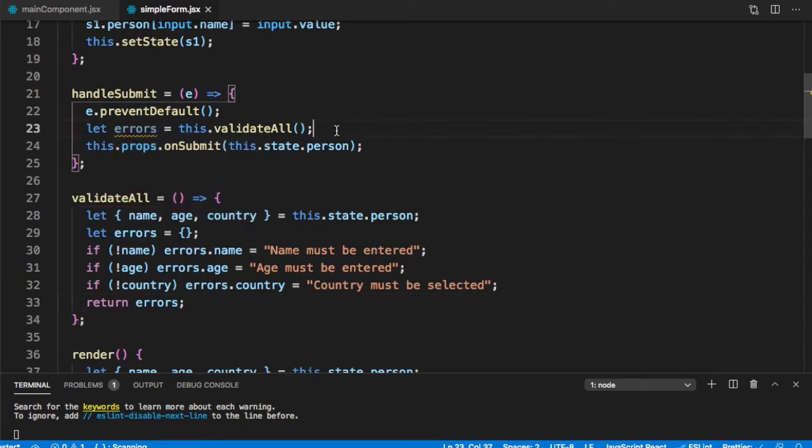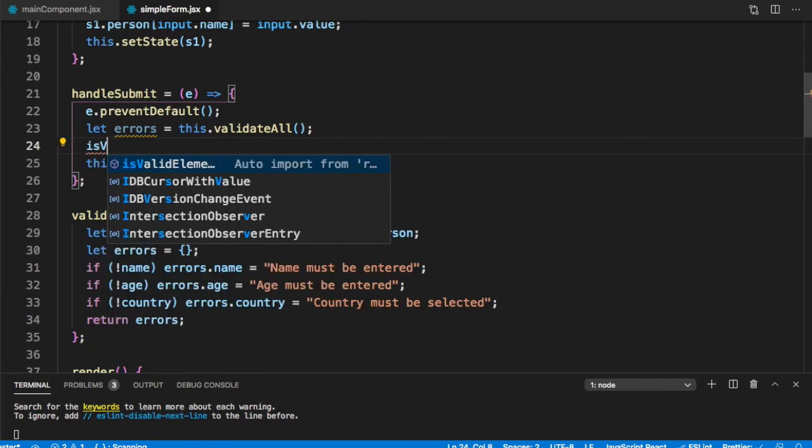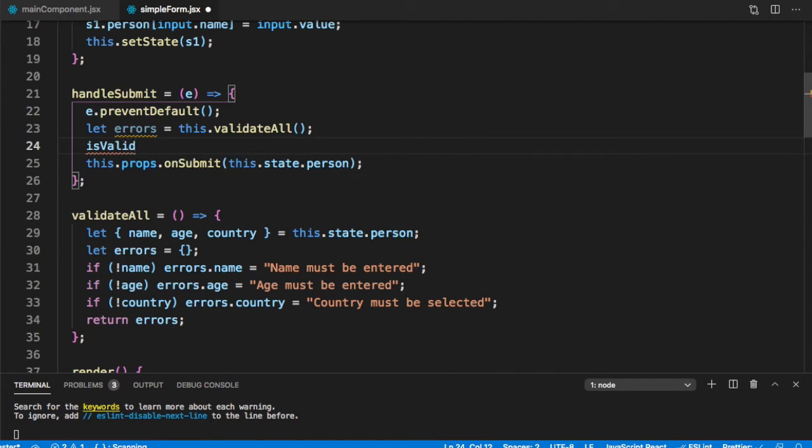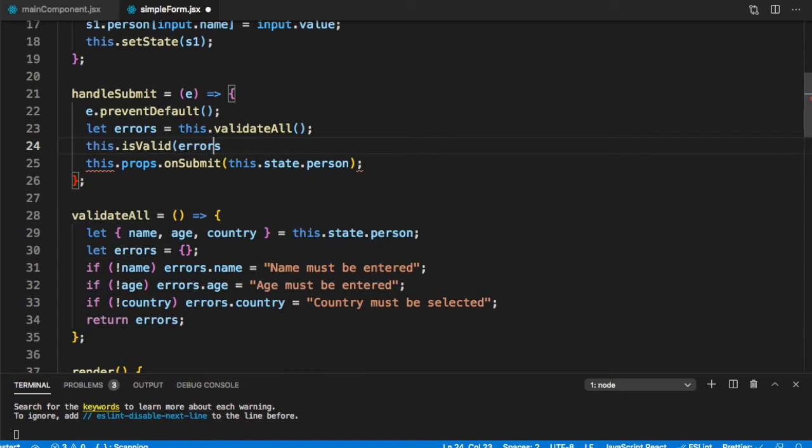So now once we have the errors, we need to check whether this is an empty JSON or it has any error messages. One standard way for doing it is, let's check for isValidErrors. Let's define a function, this.isValidErrors.